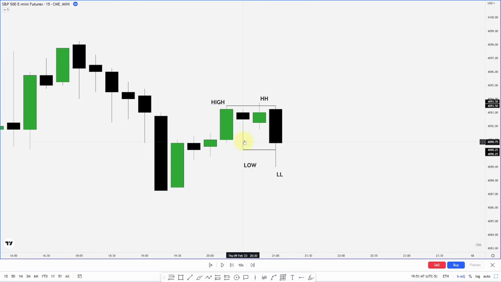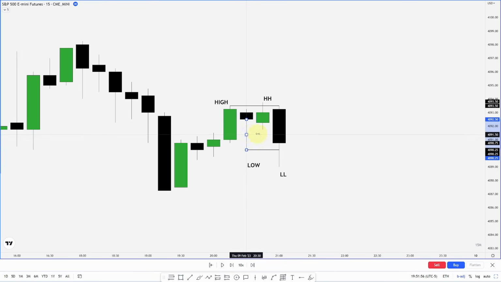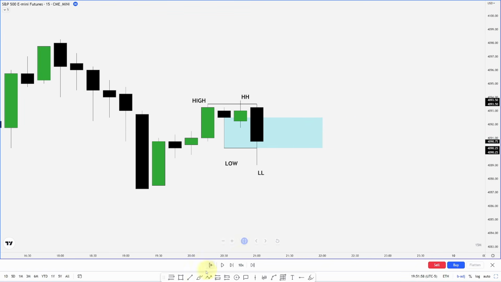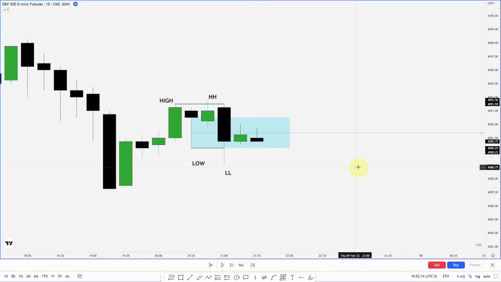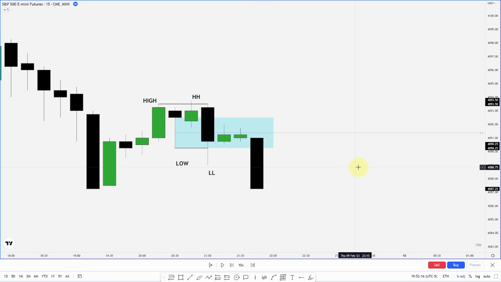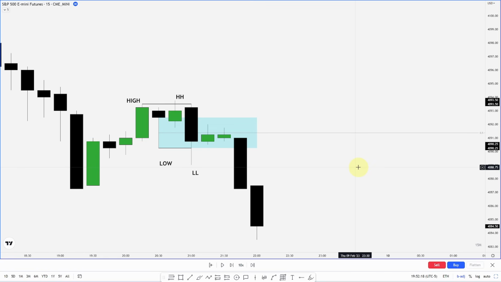So in this case, our breaker would be this down close candle right here, but with a large wick, I would use the close to the low and drag it out, as well as a 0.5 fib from the close to the low. So I'd want to see price being respected and not close over this level right here. You can see it is being respected, and then we get a nice drop lower.